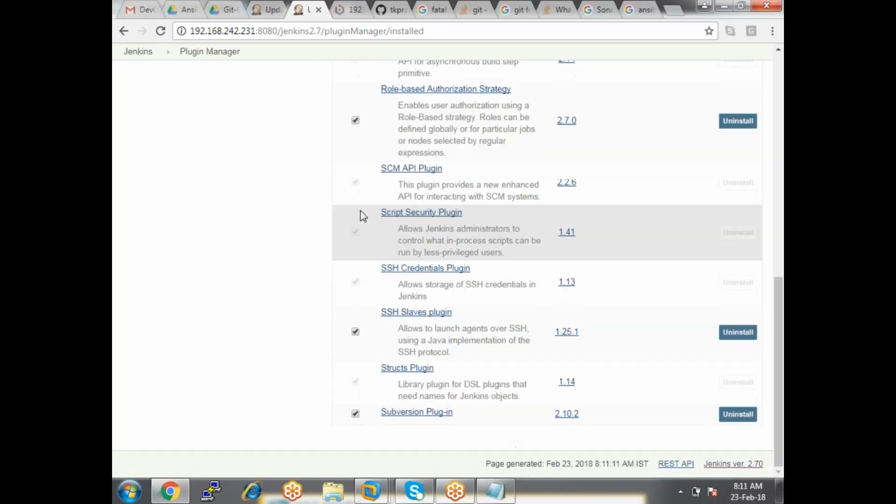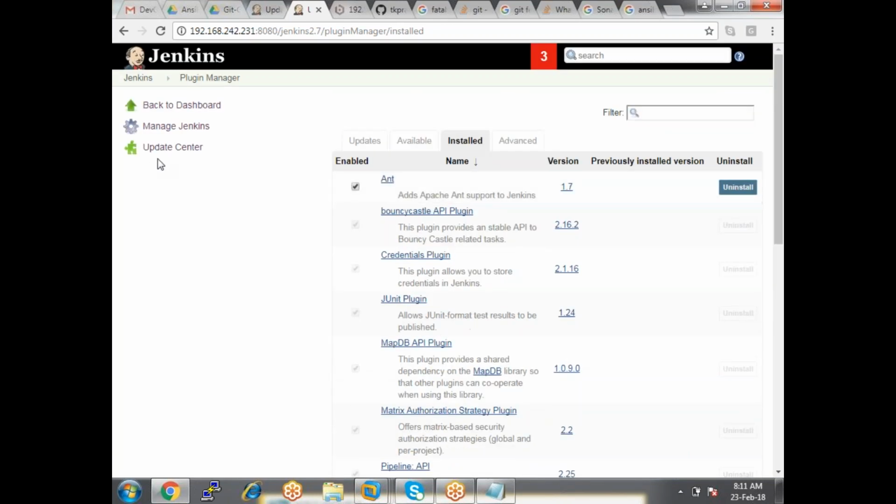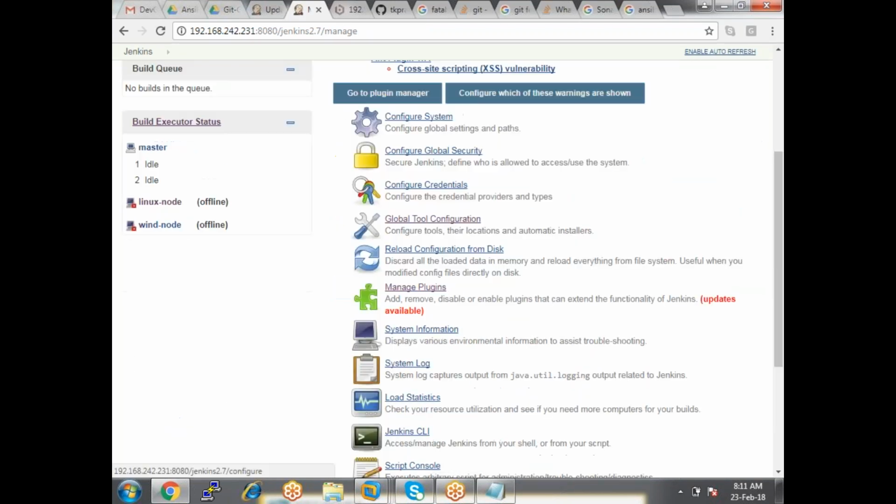Okay, so once it is installed, what you do next is you go to manage Jenkins. Here your option is configure global security.